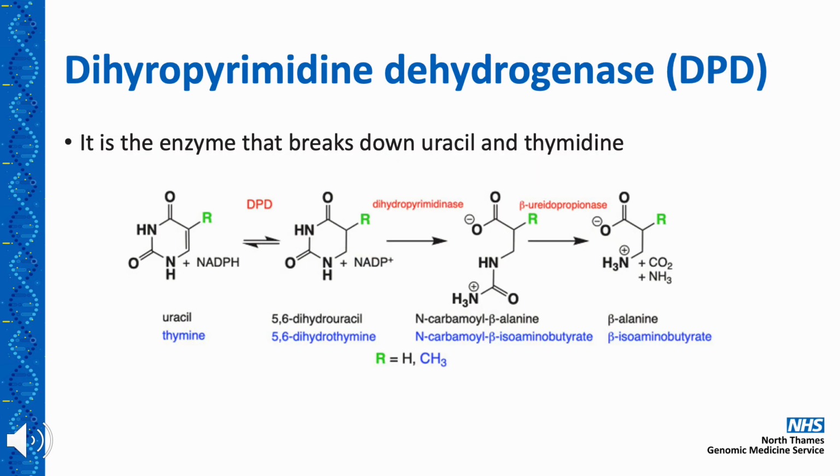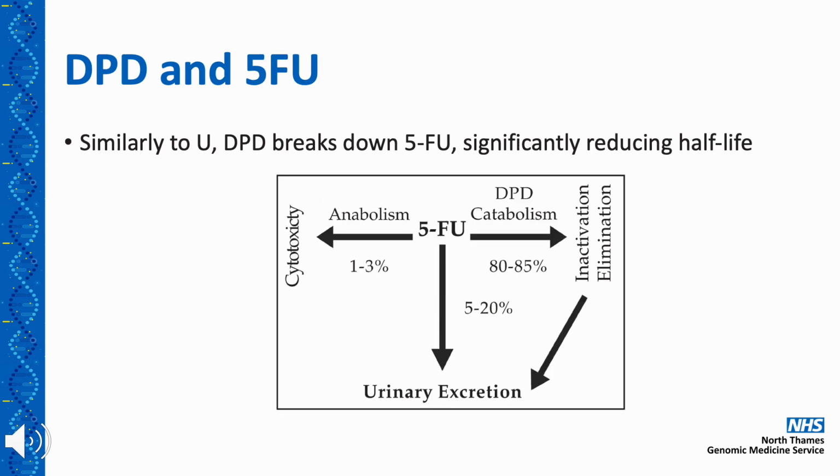How is fluoropyrimidine toxicity caused? A lot of this is thought to be due to deficiency of the dihydropyrimidine dehydrogenase, or DPD, enzyme. This is an important enzyme used in the breakdown of the RNA-based uracil and the DNA-based thymine. Due to the similarity to uracil, DPD breaks down around 85% of 5-FU. Around 10% of 5-FU is excreted unchanged through the urine. Due to these processes, only a small percentage, 1 to 3%, of 5-FU administered to a patient will act on